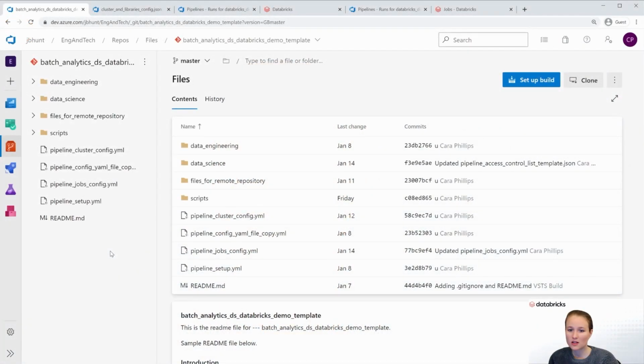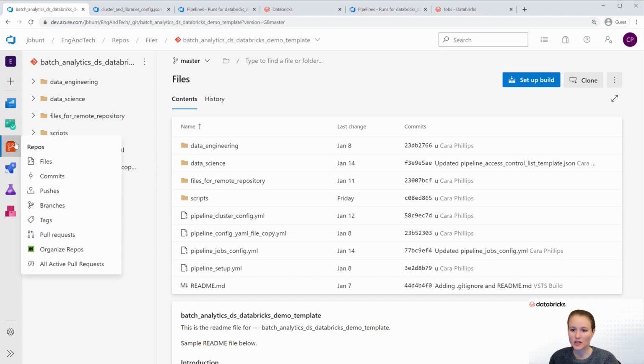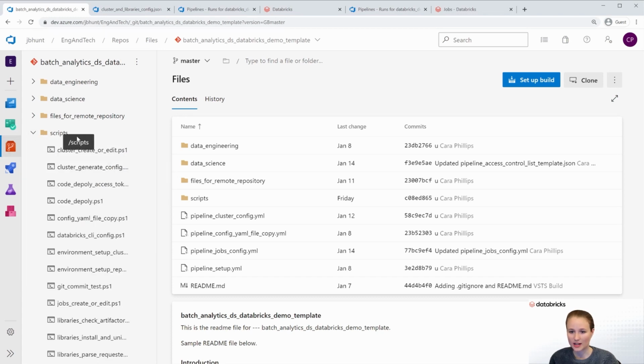As Wesley just mentioned, I'm going to show you these pipelines in action. So let's start by taking a look at the file structure in the CI/CD repo. First thing to notice are these YAML files, which are the templates that contain the steps that our pipeline will execute. Right above these files, we have a scripts folder. These are all of the scripts that are going to be run in each step of the pipeline. We decided to use PowerShell scripts, but you can use any language that can parse JSON files and send data